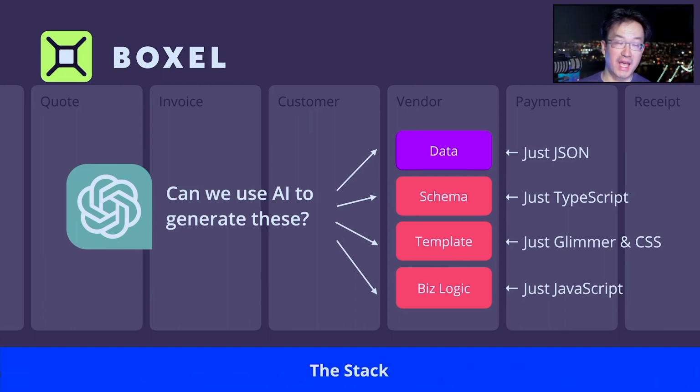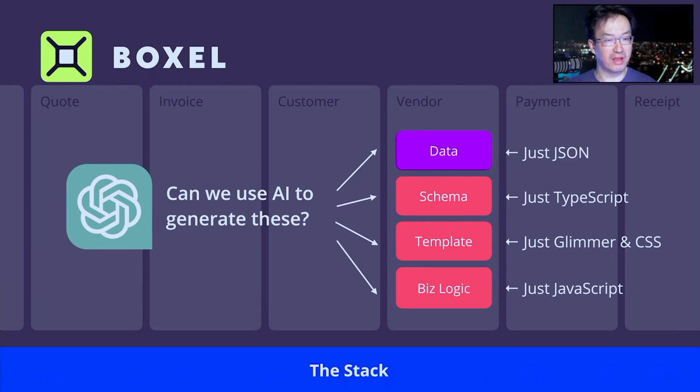So AI can generate these concepts, but it cannot generate the stack. But we don't need to, because the stack exists and it provides this uniform platform, not only for developers learning how to program in Boxel, which we'll see some examples of, but to build on top of that, we can also extend that capability. And that's the current R&D we're doing right now, where we can teach the AI to do the same thing a developer would do.